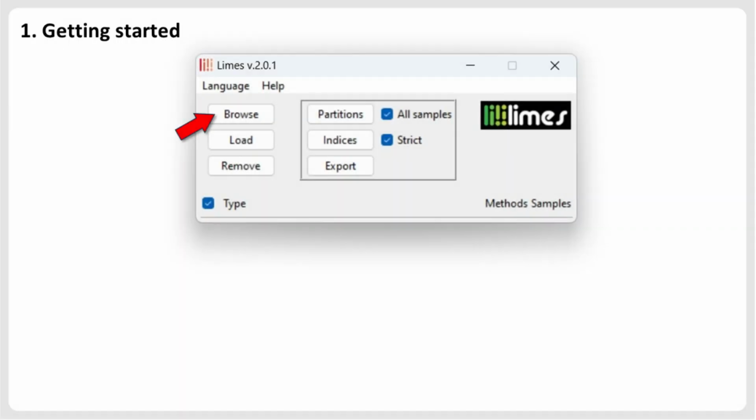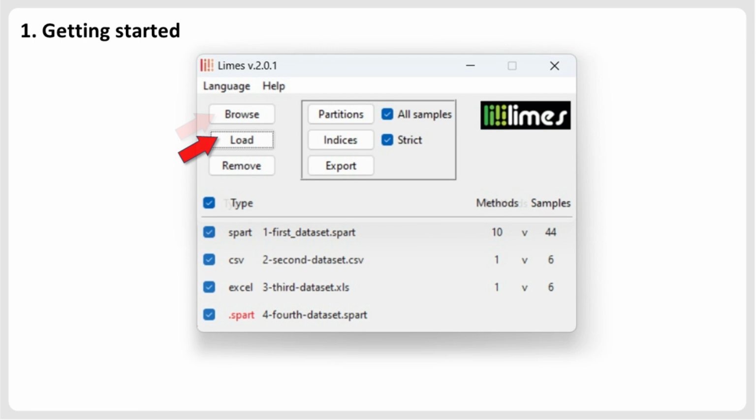To start comparing species partitions in LIMES, first use the Browse button to search for your species partition dataset, which should be saved locally on your computer. After having selected the species partition file, you can import it by clicking on the Load button. LIMES will then check and list your dataset, possibly indicating errors and incorrect file formats, as shown in red in